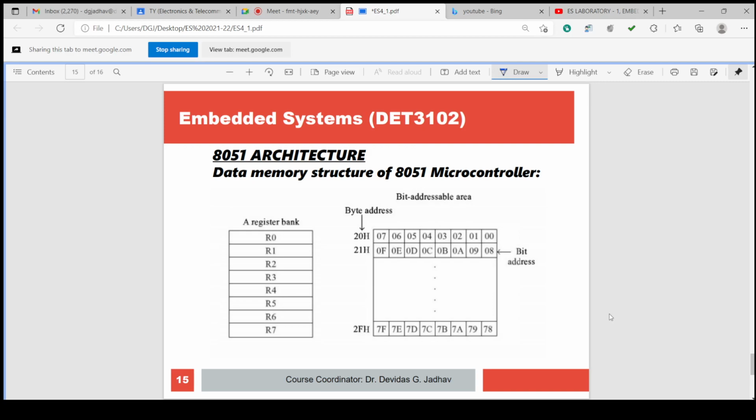The register bank has R0, R1, R2, R3, R4, R5, R6, R7. Similarly, in the scratchpad area, 16 bytes, 128 bits are there, where individual bits can be addressed. The bit address will be 20H to 2FH.